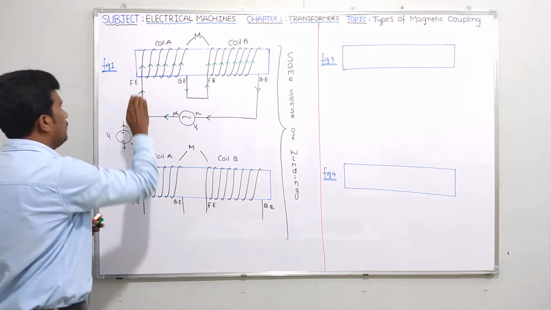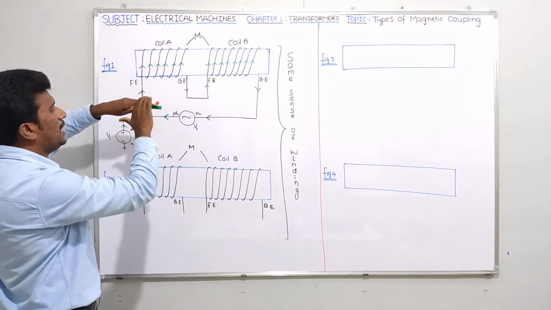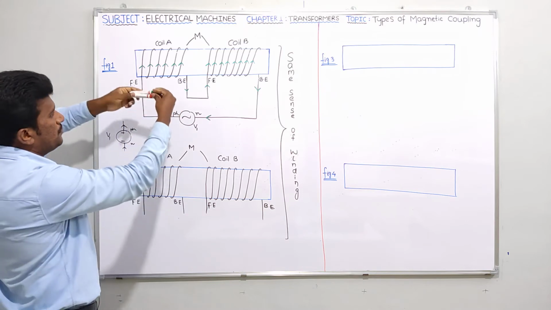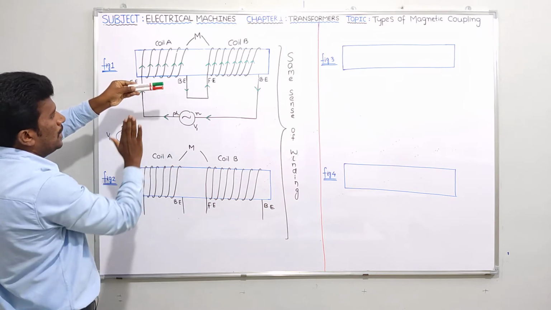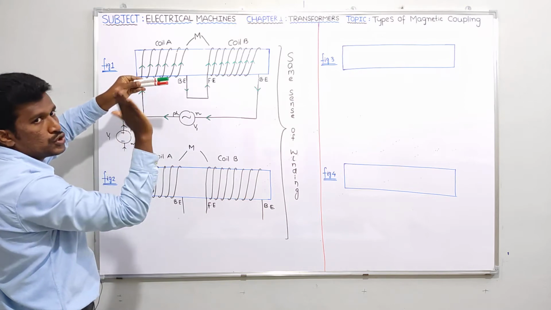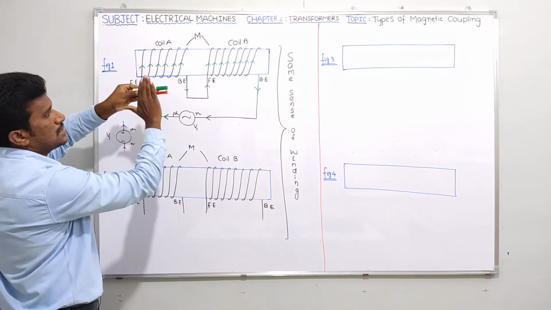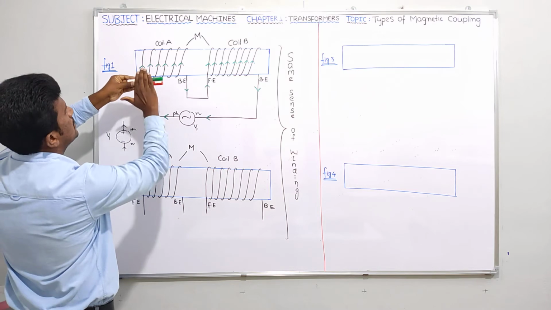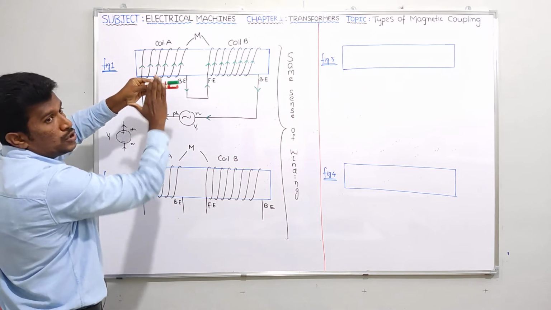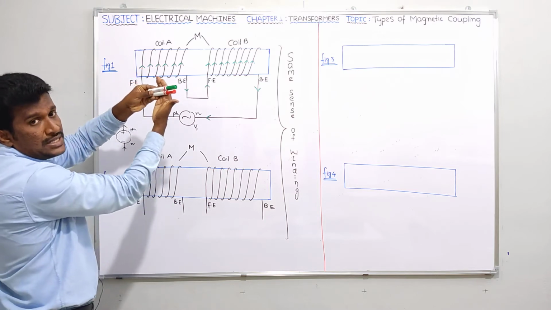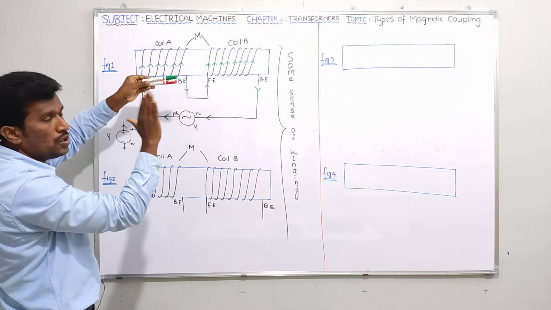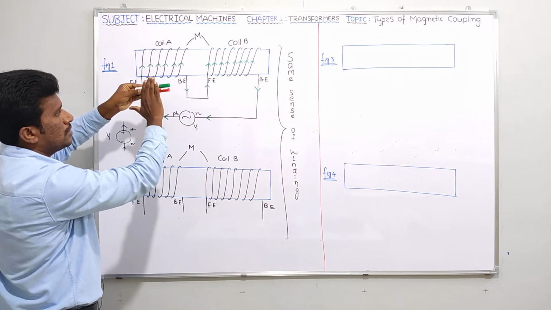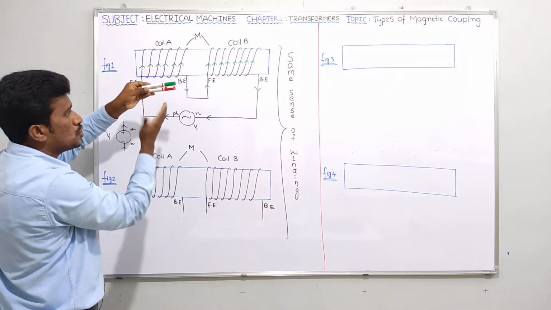So please, guys, if current is entering at the front end of a piece of magnetic core, you should show your wrapped fingers like this. If it is entering at the back end, you should show like this. Please try to understand. Front end, like this. Back end, like this.